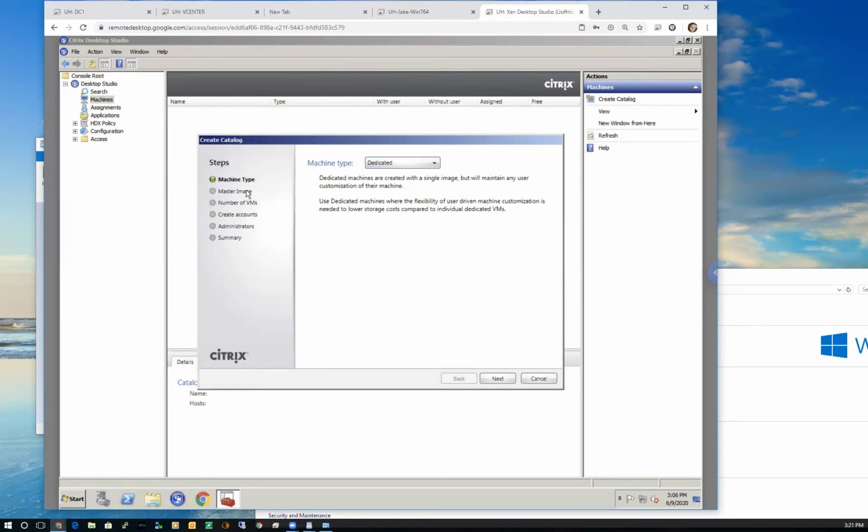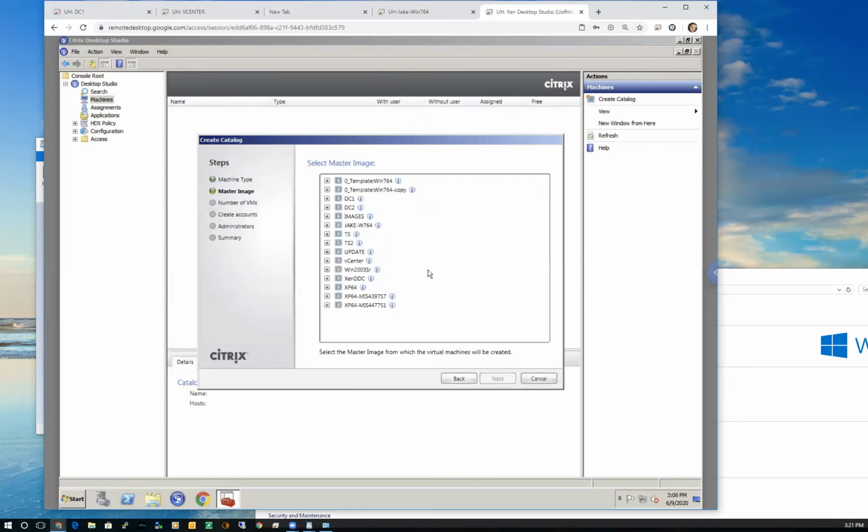Machine image. What's the master image I want to use? It goes and looks at all the virtual machines that are available, and that's the one I want to use as an image.